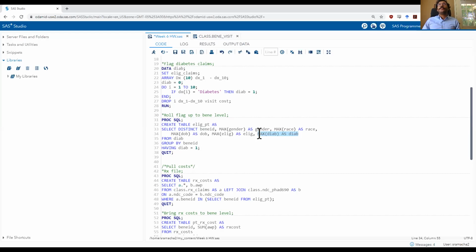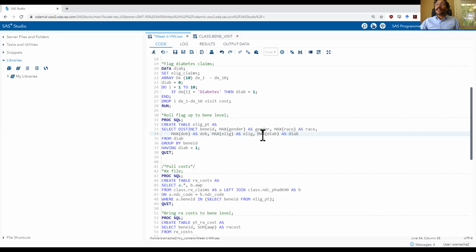So we want to make sure we identify somebody as having diabetes if they have diabetes even once on one hospitalization. So I want to use the max function, which basically says if you identify zeros and ones in the diabetes variable within one group of beneficiary, then make that final variable be the max of 0 and 1, which is equal to 1, and save that in a variable called DIAB.